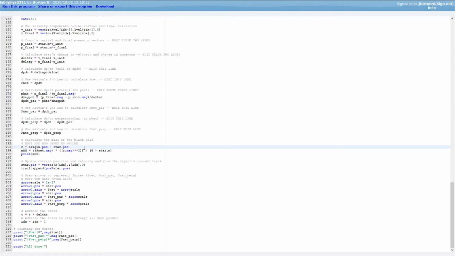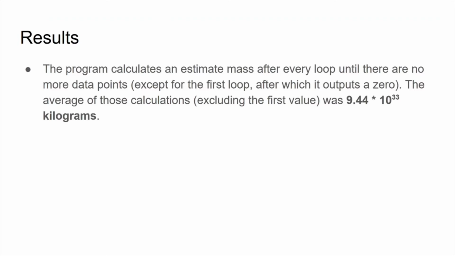This r is a vector that's just the position vector for the star, and we use that in the gravitational force formula. We have the magnitude of F net and the magnitude of r, and we just rearrange the gravitational force formula to solve for the mass of the black hole, and then print the mass of the black hole after every loop. As for the actual results, I just took the average of all of the outputs of the loop to get an estimate for the mass of the black hole, and my average was 9.44 times 10 to the 33